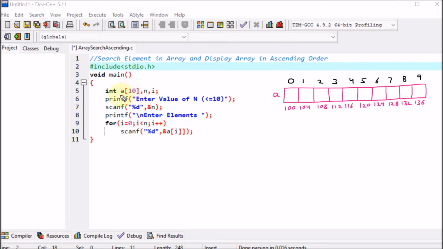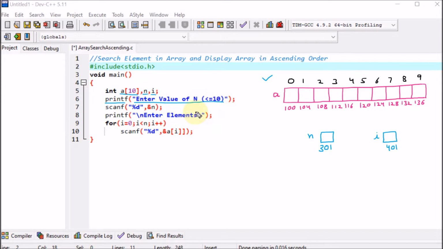So here, first of all, we have declared an array with 10 elements, so 10 memory locations are declared. Then one variable n and one variable I, these two are declared. So I'm declaring the variable n first. Let us assume there is some memory, let's say 301, on which this n is declared. Then afterward we have I. Here I am taking one more memory, I. Let's assume that this I is at memory address 401. This is what we are assuming. Now afterward, printf enter value of n less than 10.